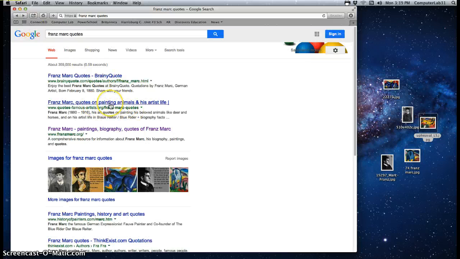Okay, quotes on painting and animals. Down here, Franz Marc, history and art quotes. You can go to some of those. So you might find your same quote, might find one that you like better. If you find one that you want to use, write it down on your notes. After that,